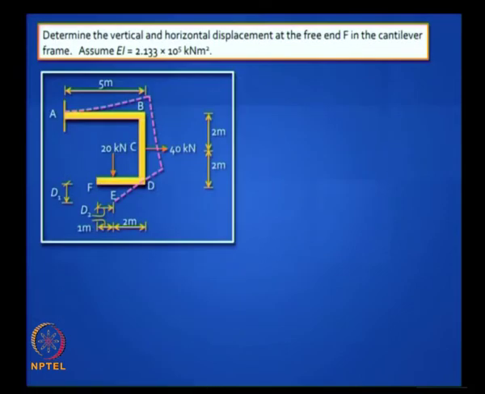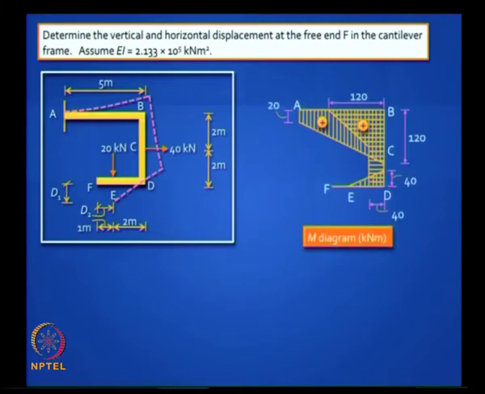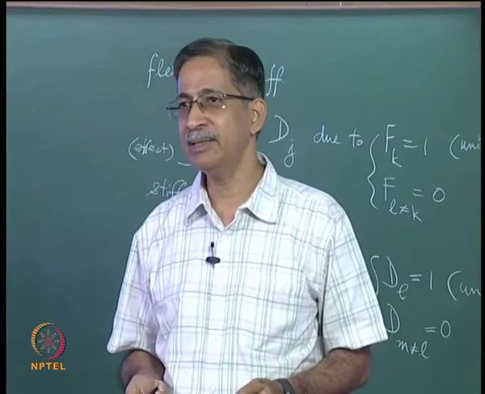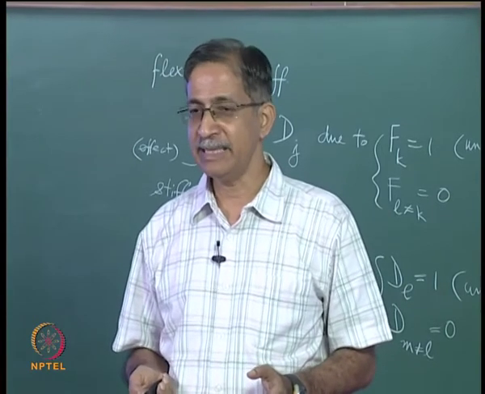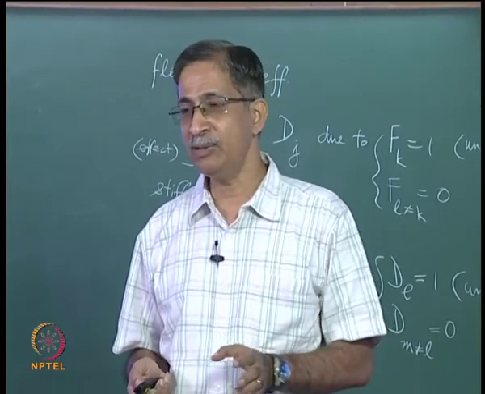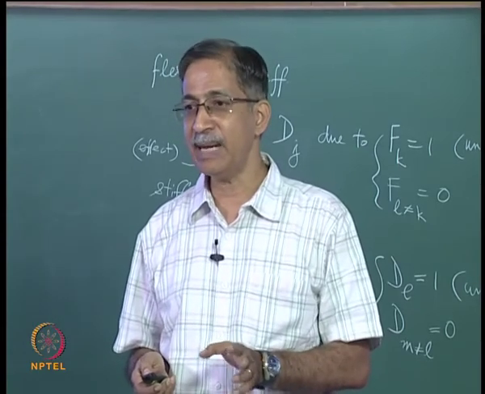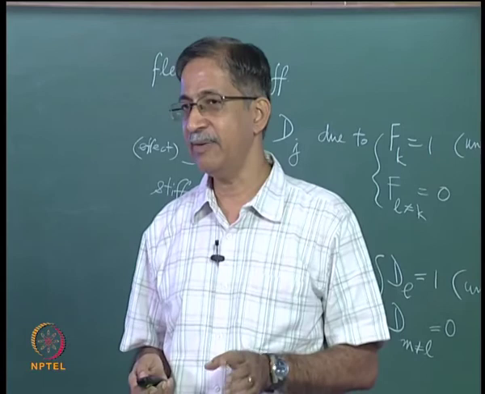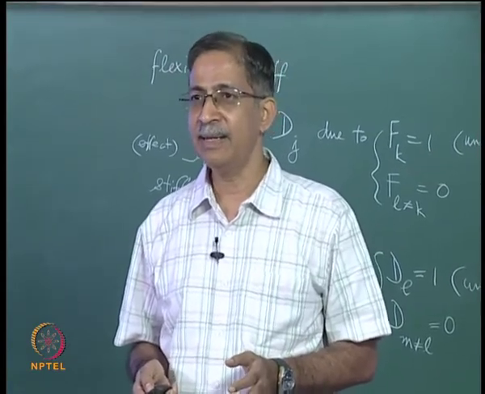A more complicated problem is a frame, that is a cantilever frame. The question is, can you find D1 and D2? Okay, you have done this last semester, so I will just go through the concept. We first generate the bending moment diagram, and doing this needs some skill which you should have got by now. You must know how to analyze statically determinate structures. Draw the bending moment diagram on the tension side. Again, to find D1 and D2, we are not so much interested in the bending moment diagram as in the curvature diagram. So if you divide this by EI, you have got the curvature diagram,